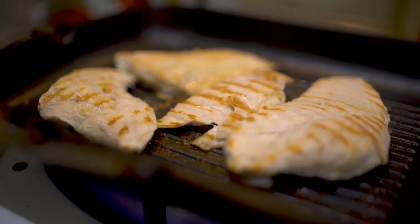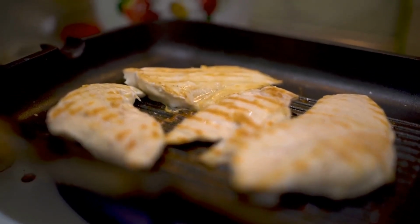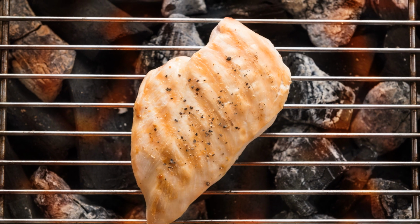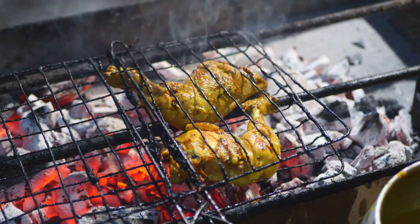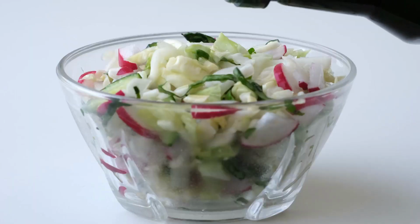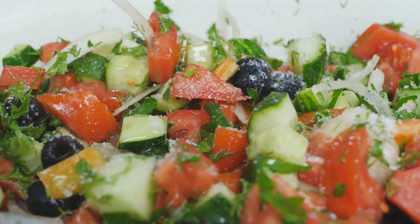Imagine 6 ounces of succulent chicken breast marinated in a mix of minced garlic cloves, a pinch of salt and pepper, and the zesty kick of lime juice. After an hour of marinating, it's off to the hot grill, cooking to perfection for about 12 minutes. Pair this with a crispy salad of onions, tomatoes, and cucumber tossed in olive oil, and there you have it,